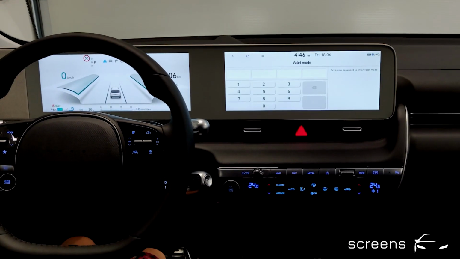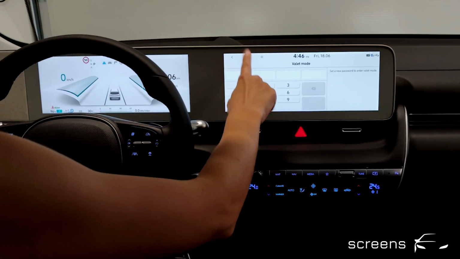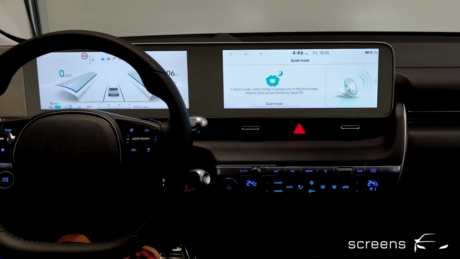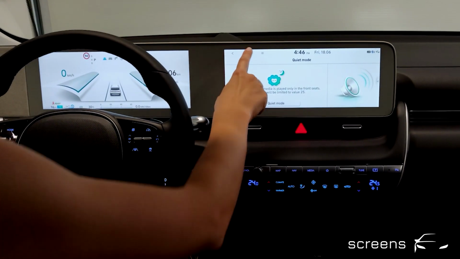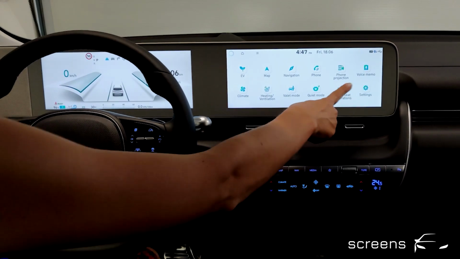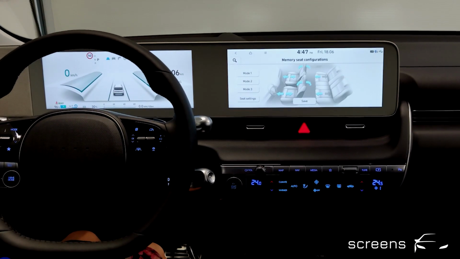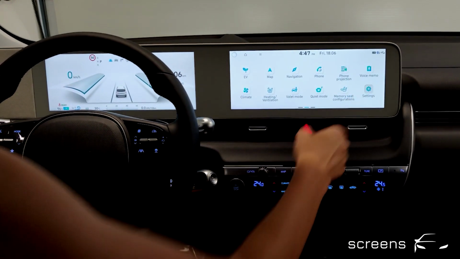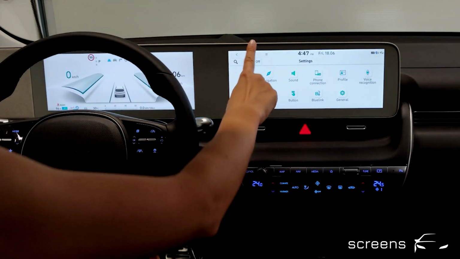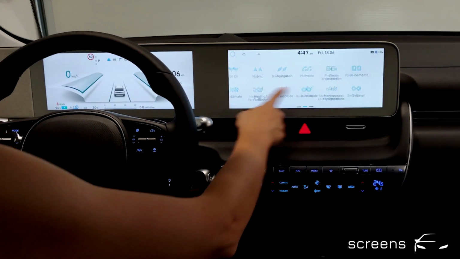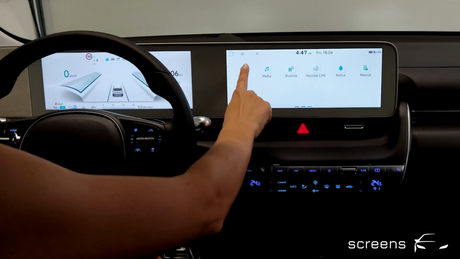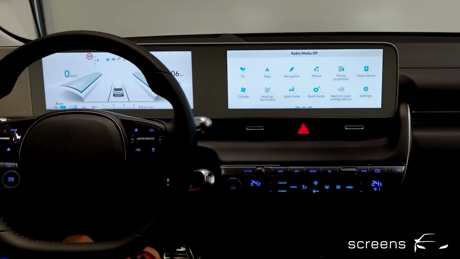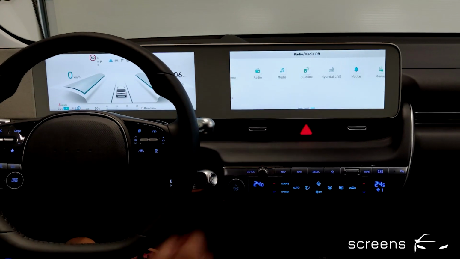we can activate the valet mode, which only works in combination with the Hyundai app. There is a quiet mode, memory seat configurations, the settings menu, and on the second page, radio, followed by media,